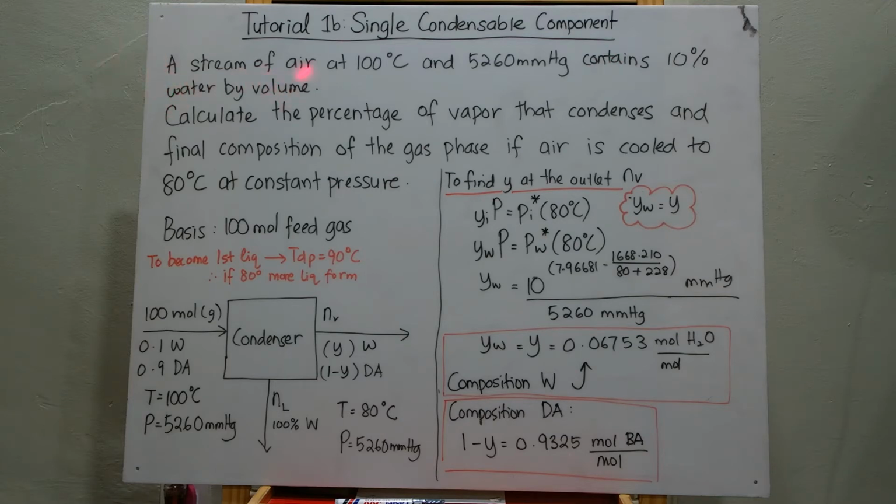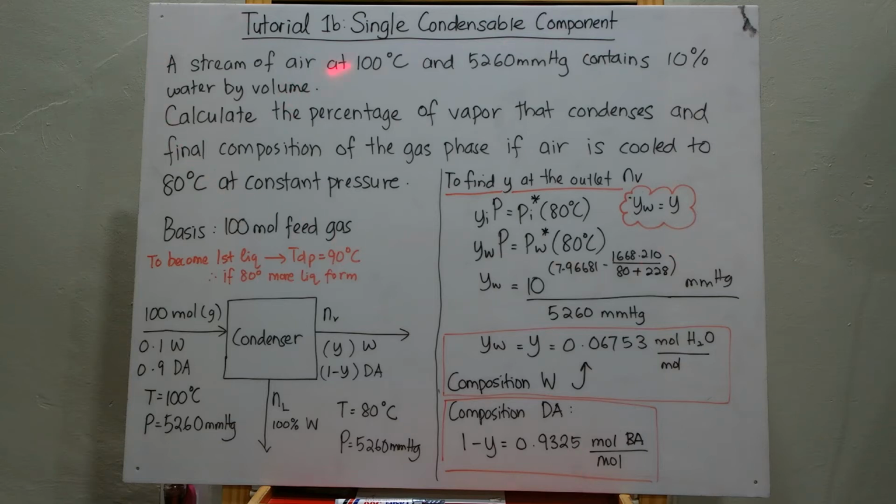A stream of air at 100 degrees C and 5,260 millimeter mercury contains 10% water by volume. Calculate the percentage of vapor that condenses and final composition of the gas phase if air is cooled to 80 degrees C at constant pressure. So this question is